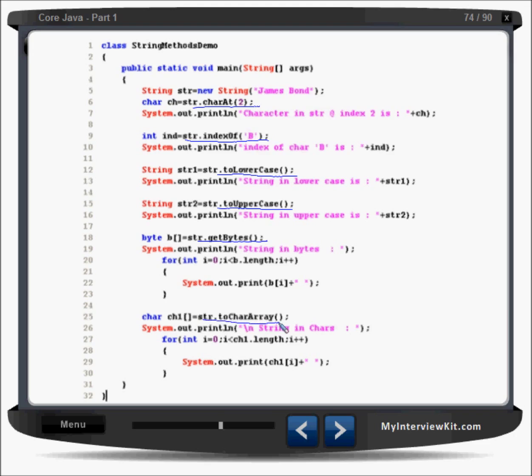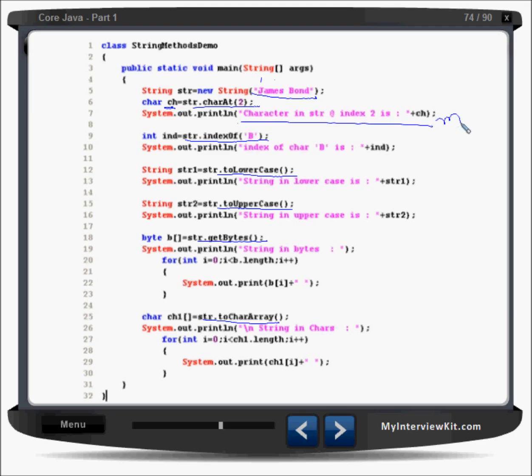If I say str.charAt(2), what character is at position 2? str has James Bond, right? So 0, 1, 2. At position 2 it is M. So M will come to this character and here it will display M, right?